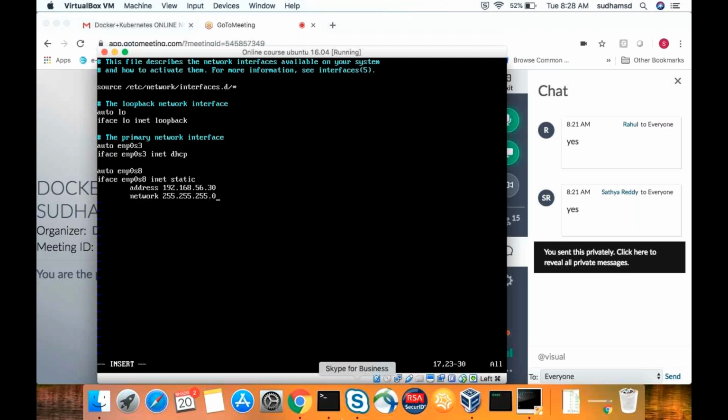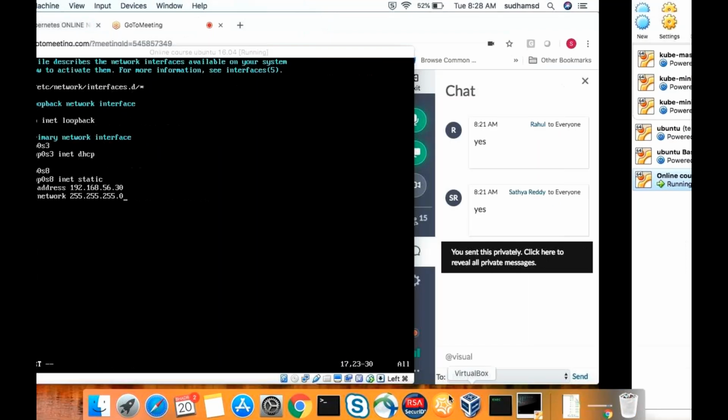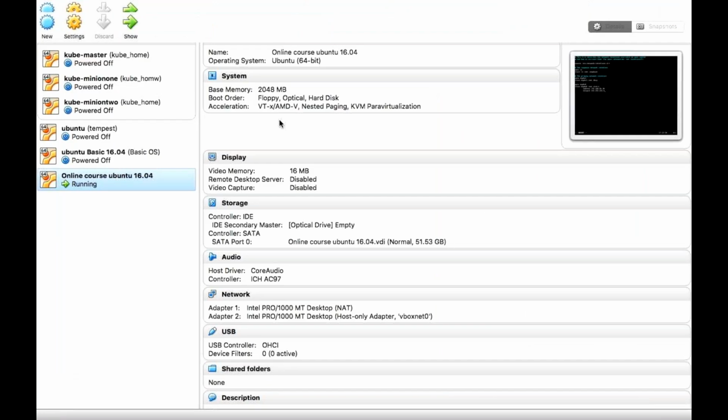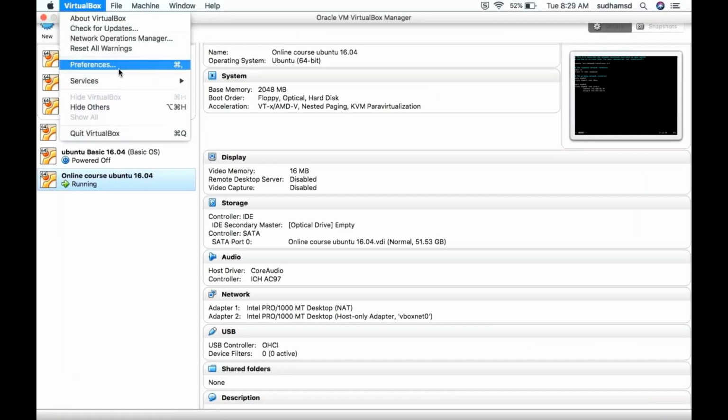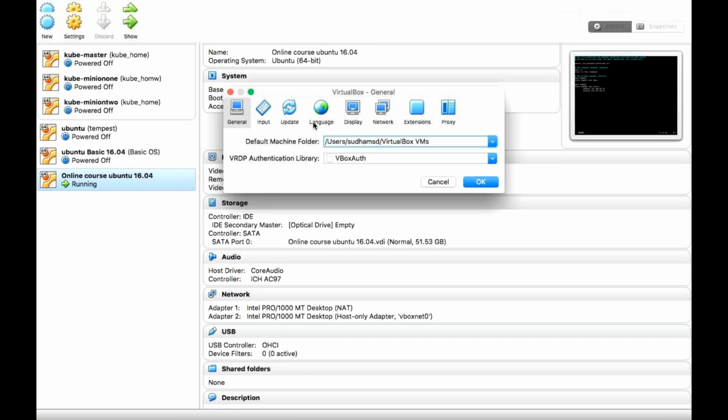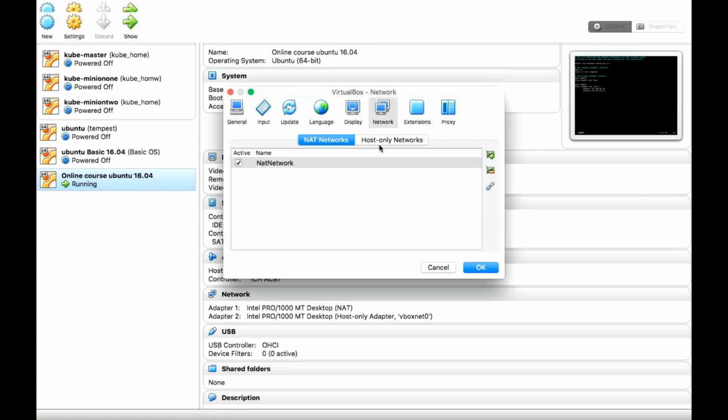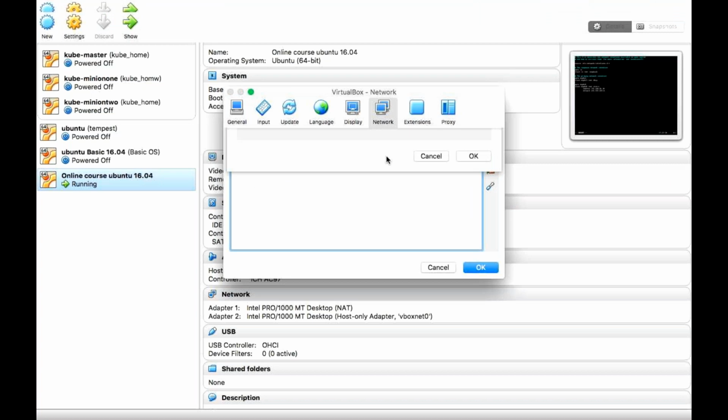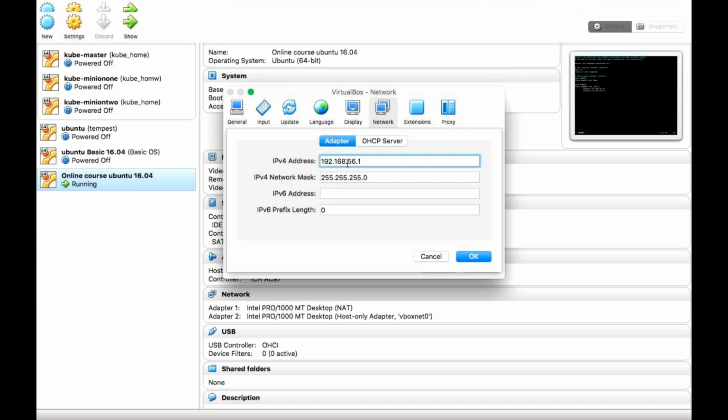If you look at your Oracle VirtualBox settings, go to Preferences, then Network, then Host-only, and double click on it. See the series we have: 192.168.56.1. The next IP address will be from 2 to 254.